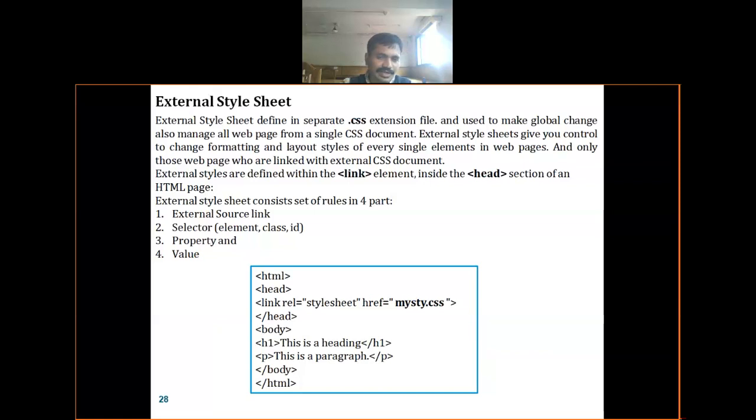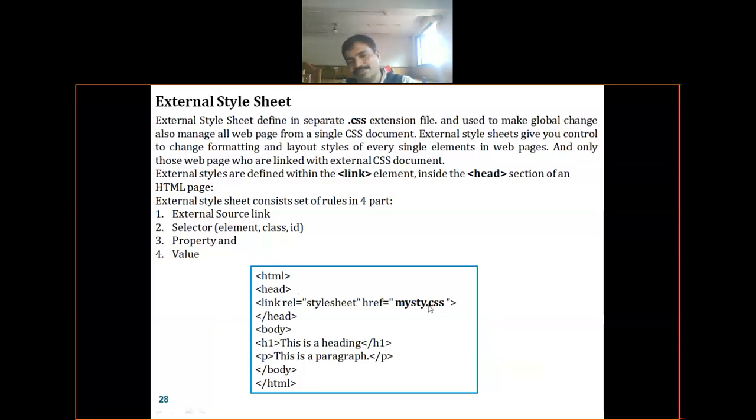So in this program, you can see the link element, then the keyword rel is required, with the value stylesheet. Then you specify href, which is a reference to that particular file.